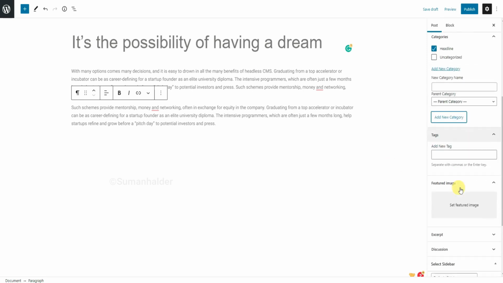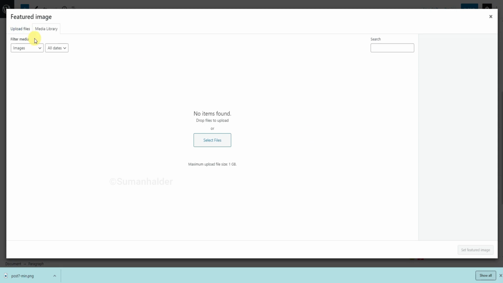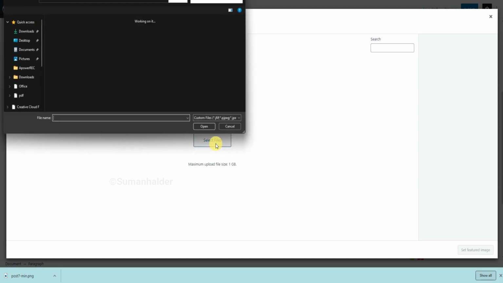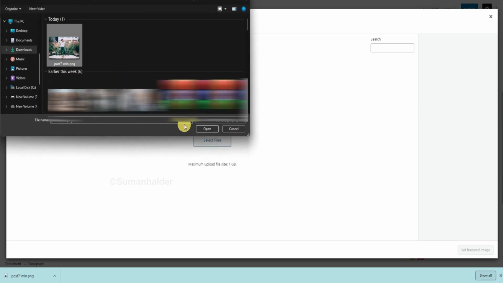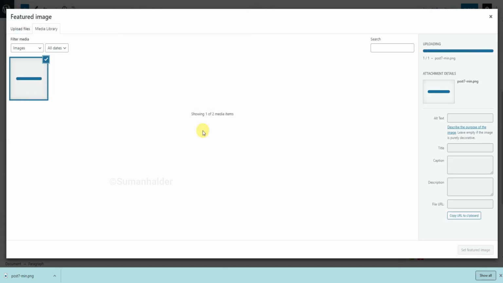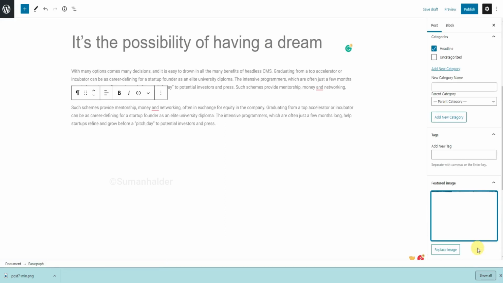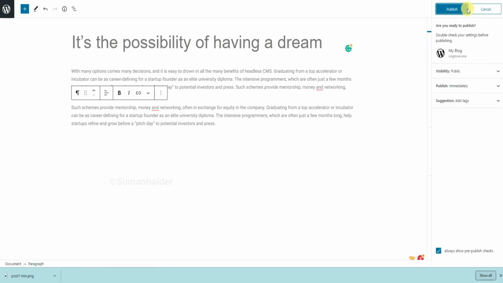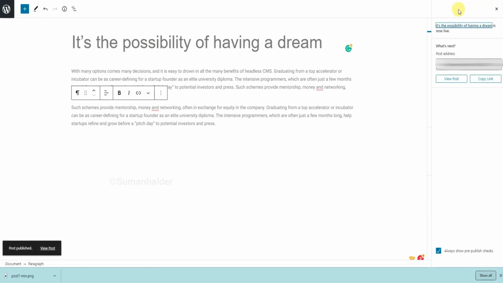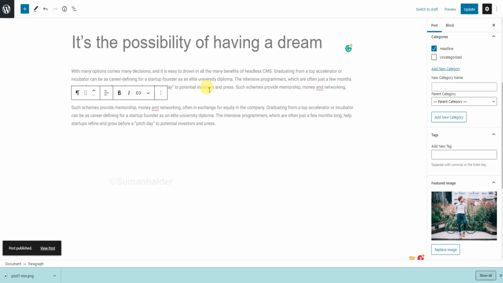And set a feature image and choose your feature image. Then publish. You can follow those steps to create a new post.